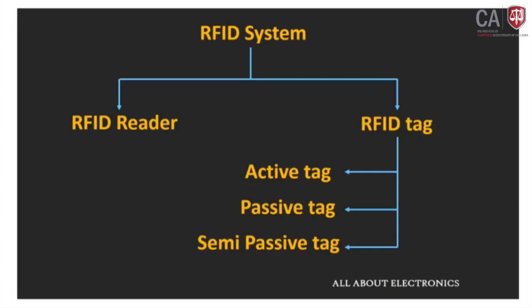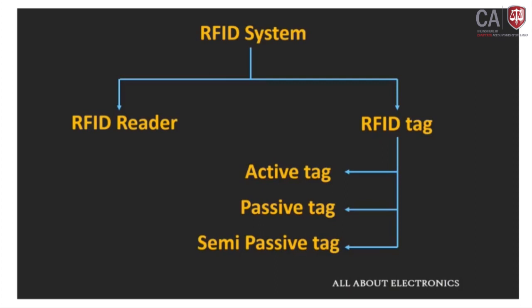So this passive tag relies on the radio waves coming from the RFID reader as its source of energy. While a semi-passive tag has its own power supply, for transmitting the feedback signal back to the RFID reader, it relies on the signal coming from the RFID reader. While an active tag has its own power supply, and for transmitting the signal back to the reader also, it relies on its own power supply. So as the passive tag does not have its own power supply, the range is less compared to the active and the semi-passive tags.